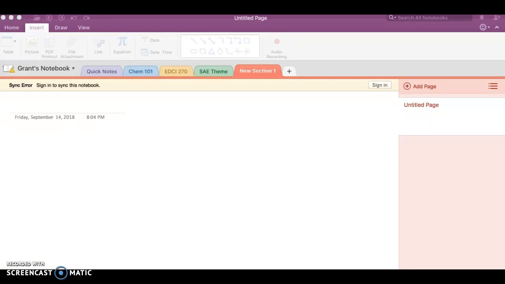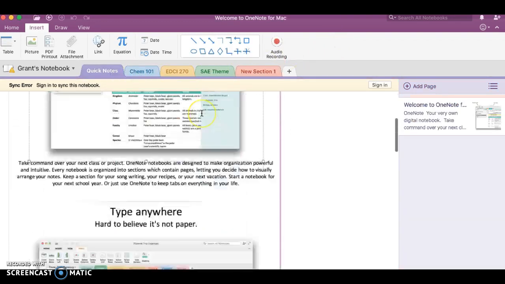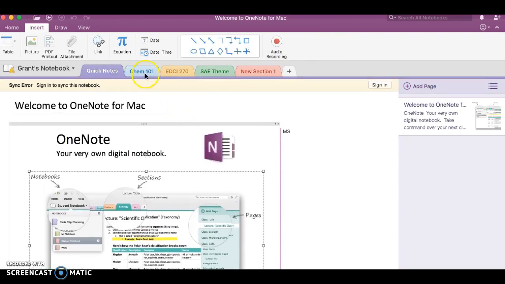Today I'm going to show you an instructional video on how to use Microsoft OneNote. This is the OneNote application on my computer. I have pulled up here the first page, and then you can see these tabs here have the different folders